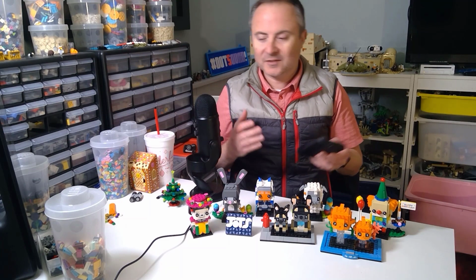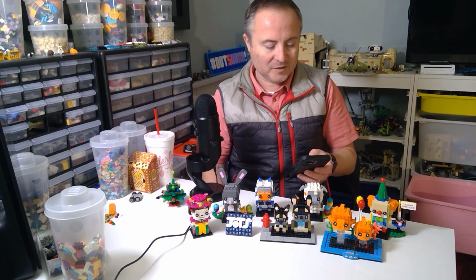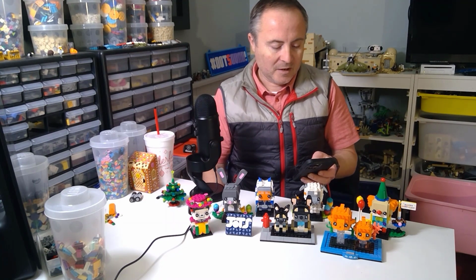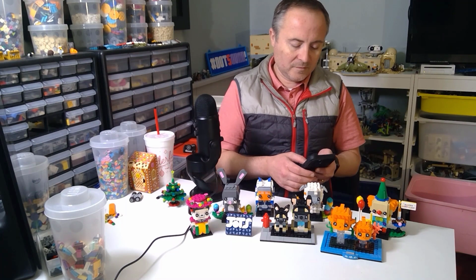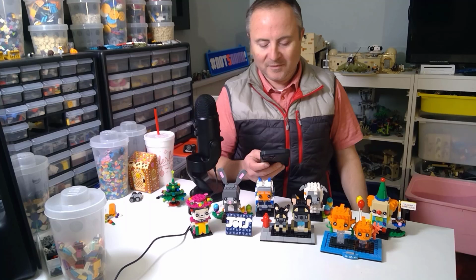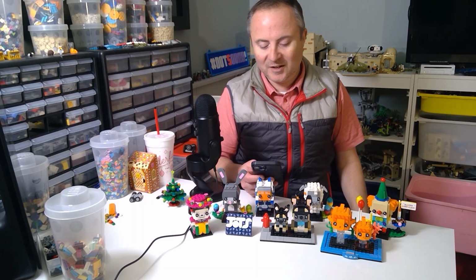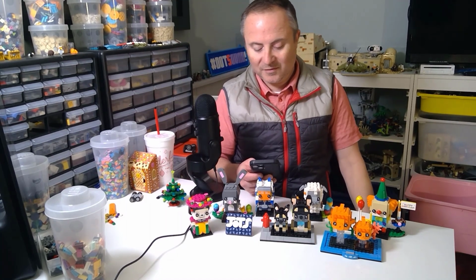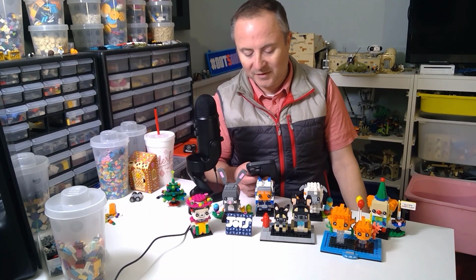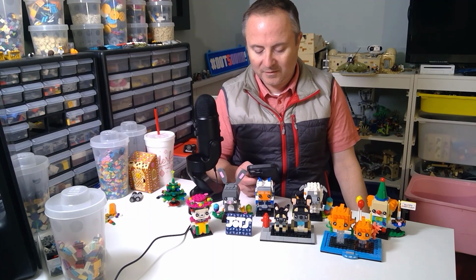And then we're back into the Disney World with Mickey Mouse, Snow White, Tinkerbell, blah, blah, blah. A whole bunch of stuff. Moana. And now it looks like, oh, there's some Minecraft that's come out. And then they did kind of go back to the well in Star Wars and did kind of the Rebel Endor battle people. And then back to Harry Potter, Sonic the Hedgehog, FC Barcelona. There's a ton of stuff out there now. There's some that we missed that are like exclusives that are out there, like Doctor Strange and Black Panther, and